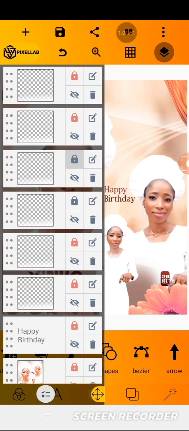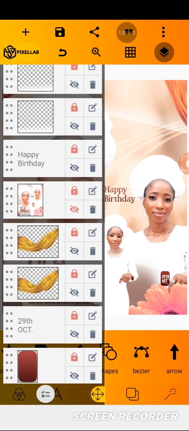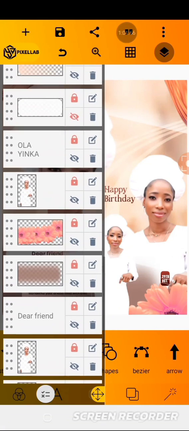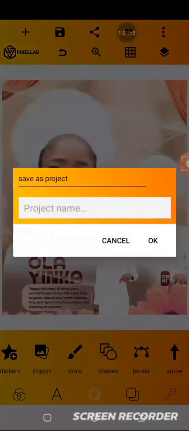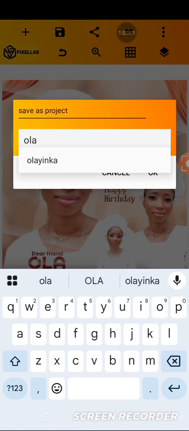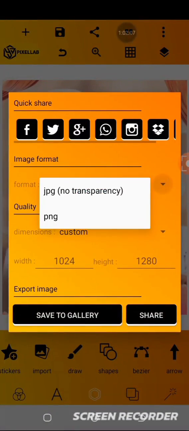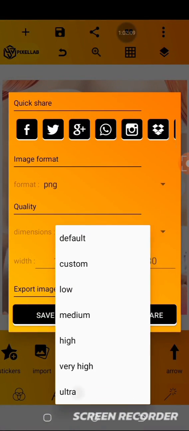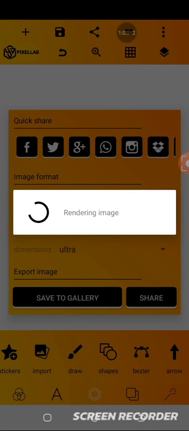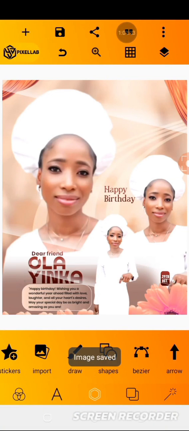I'll lock everything here. Lock everything. Then save again, Olayinka 2. Okay. Then I'll save it again to my gallery. Save to my gallery again. Something like this. Save my gallery again. And it's already saved now. Now go to